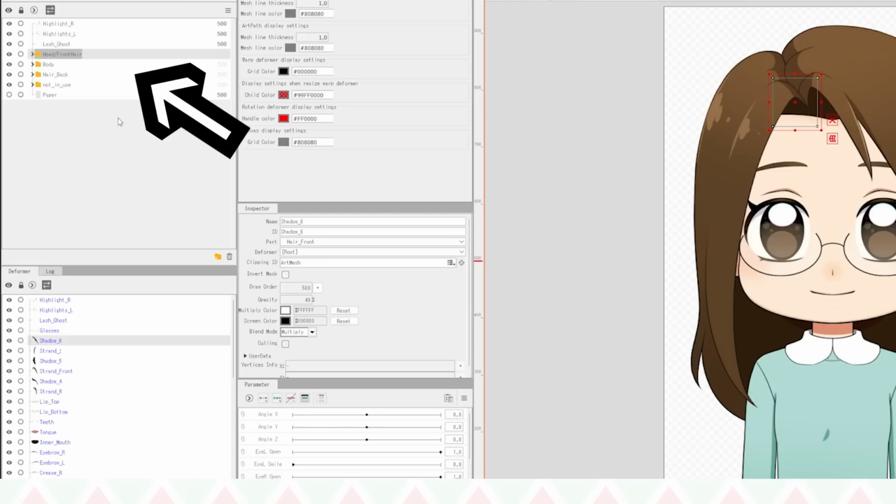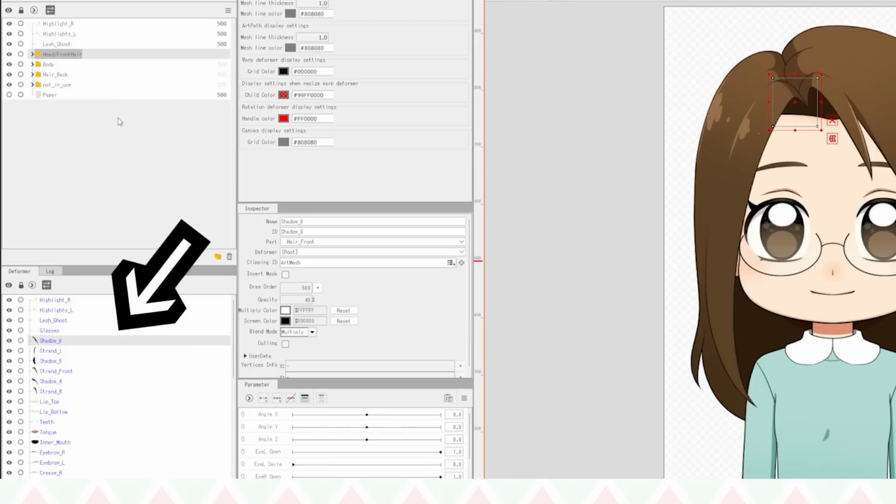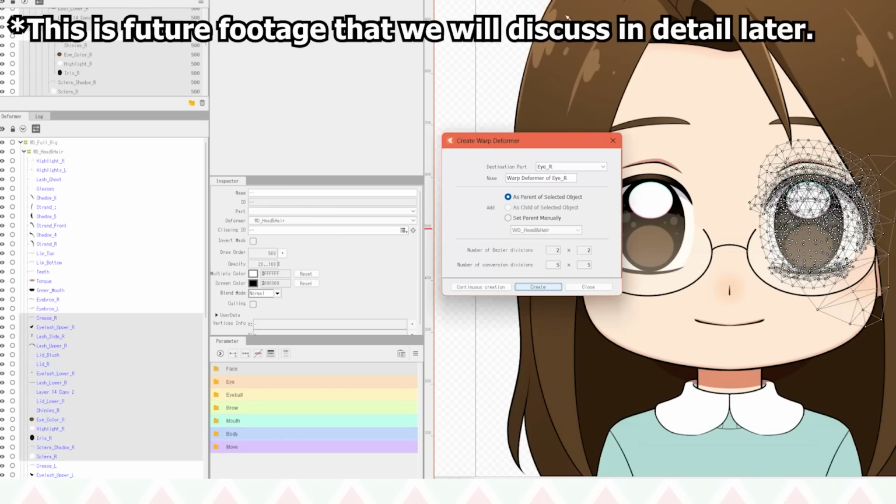I had all my parts up here as well as down here. And while, to my understanding, this area is where your parts are, and they are all sorted how you have them in your art program, and they will be displayed in the order they are arranged. However, this area down here is for the deformers, and if you rearrange the parts down here, it doesn't affect